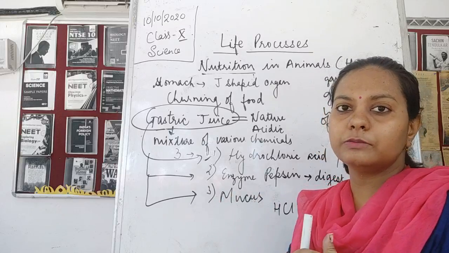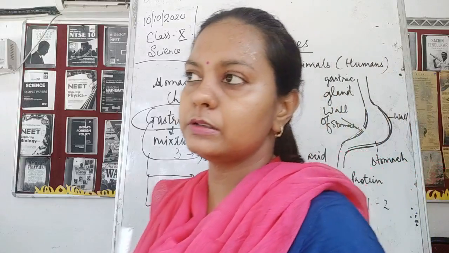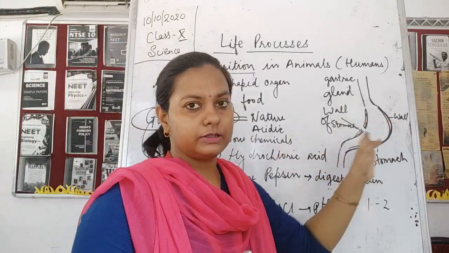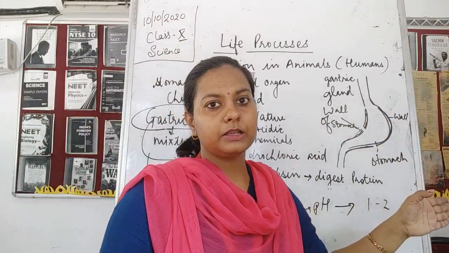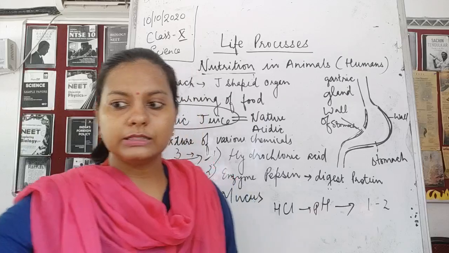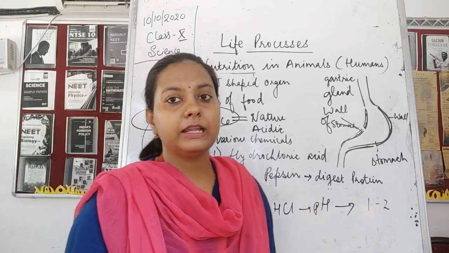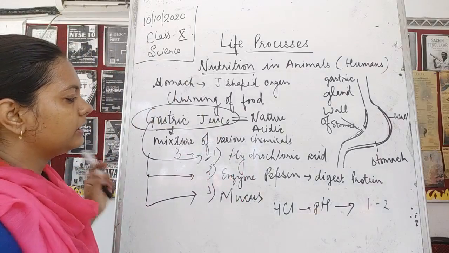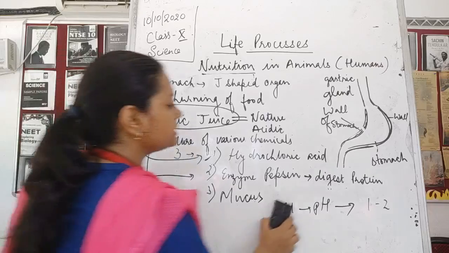If this mucus is not present, then what happens? The strong acid could corrode the walls of the stomach. If the walls of the stomach are corroded, it is going to form an ulcer, also said to be a peptic ulcer. So then a peptic ulcer would be caused. Please remember that the mucus is helpful